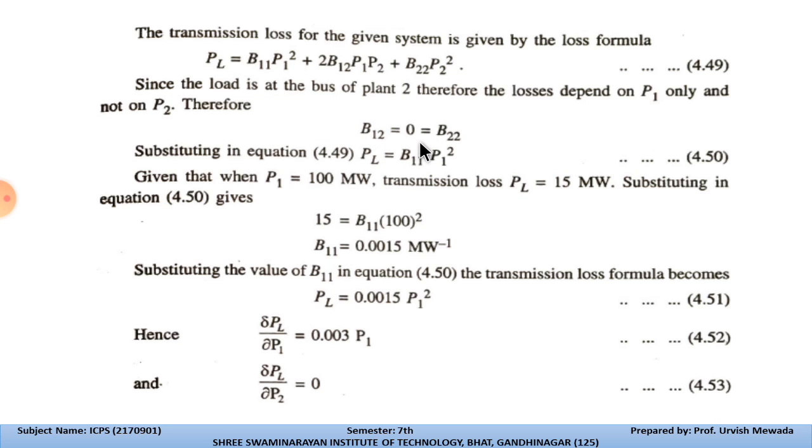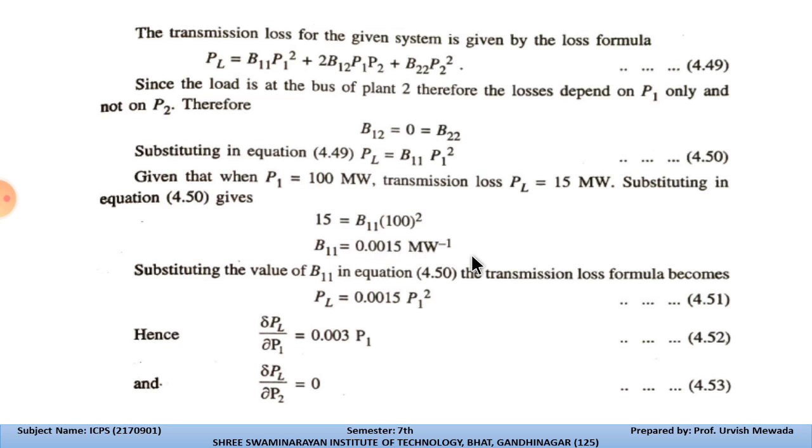Therefore B12 is equal to 0 is equal to B22, because P2 is connected over here, at this point. So B12 is equal to B22 is equal to 0. Now substituting this in equation 4.49, PL is equal to B11 P1 square. Given that P1 is equal to 100 megawatt and PL is equal to 15 megawatt, the loss that is given in the data. So substituting this in equation 4.50, 15 is equal to B11 into 100 square. So B11 will be